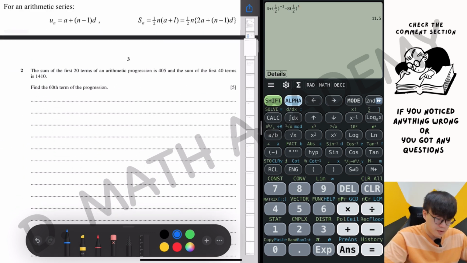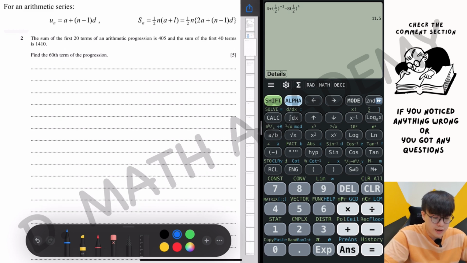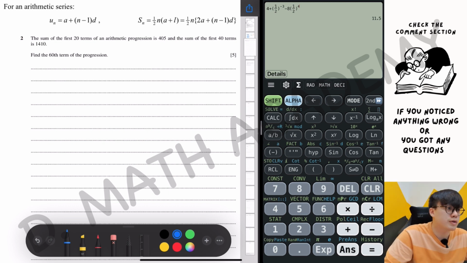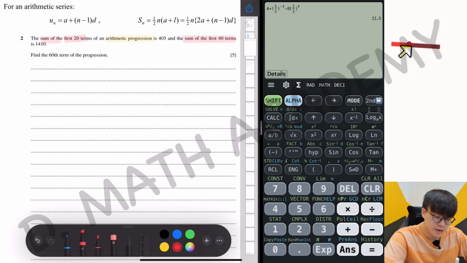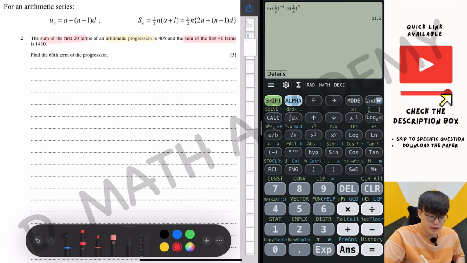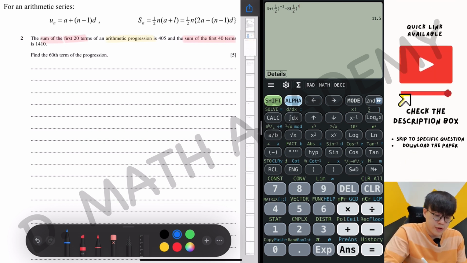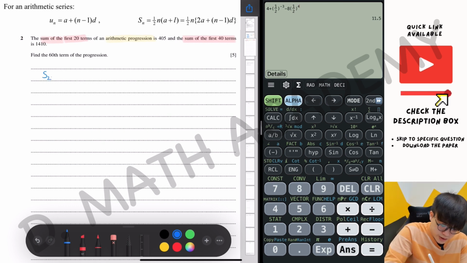Moving on, we have our question 2 that goes by arithmetic progression. I will try to include the formula somewhere around here. The keywords here are the sum of the first 20 and the sum of the first 40. These are the things that I will pay attention to. So we are using the sum formula. So your S20 is actually